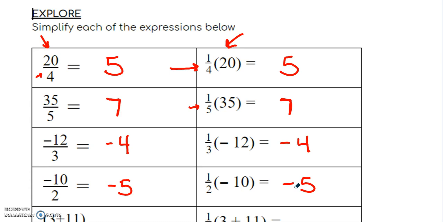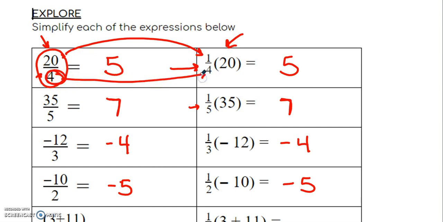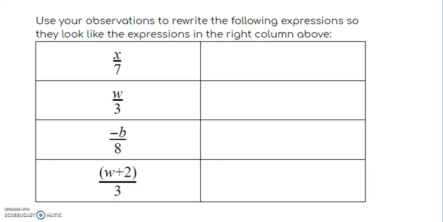And so we came to the conclusion that any division problem of two numbers, 20 divided by 4, can be rewritten as a multiplication problem by taking the denominator, in this case it's 4, and writing it as the reciprocal, so 1/4, and multiplying it by the numerator. This was our introduction to help us when we got to equations or things with algebra and letters in it that involved division. So down below, we saw these that now took some of our numbers away and gave us